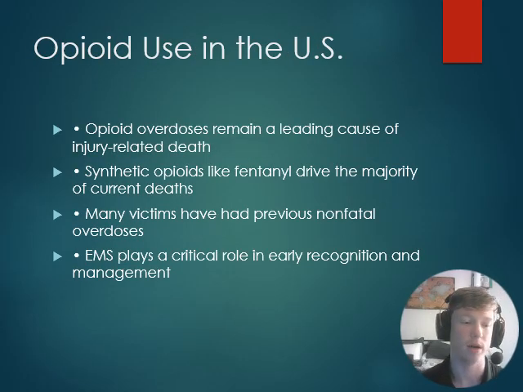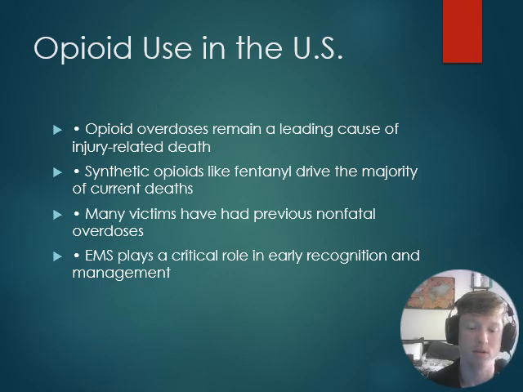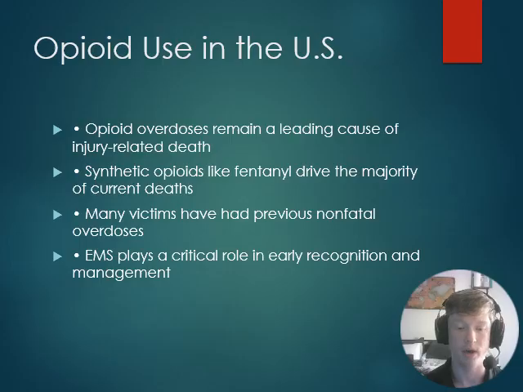So opioid use in the United States has remained a leading cause of death and injury. Unfortunately, opioid overdoses are becoming more and more prevalent every day. I would argue that we're no longer in the peak of the opioid overdose epidemic, just because we're now starting to get a handle on how to deal with this. We're starting to implement new tactics to try and curve the metrics on how many people are overdosing. We're trying to get initiatives out now to prevent this from happening.